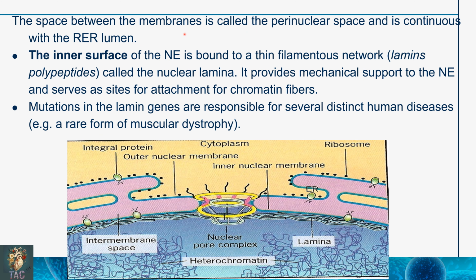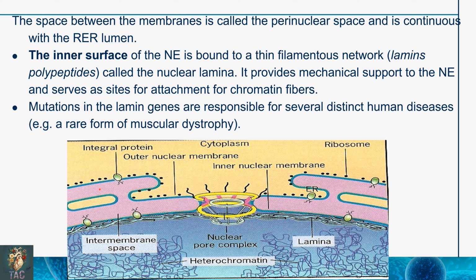So the space between the membranes is called the perinuclear space, and it is continuous with the rough endoplasmic reticulum. So this is the space. This one is the outer nuclear membrane, this one is the inner nuclear membrane, and this is the space called the intermembranous space or perinuclear cisternal space, and this space is continuous with the space of the cisternae of